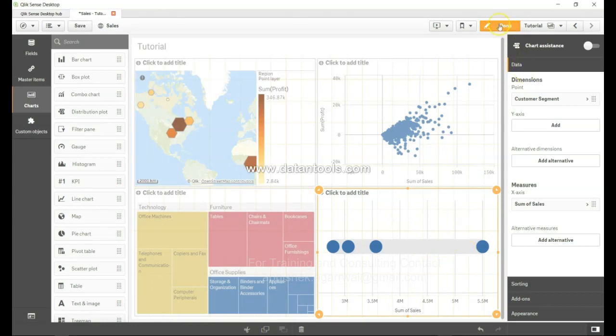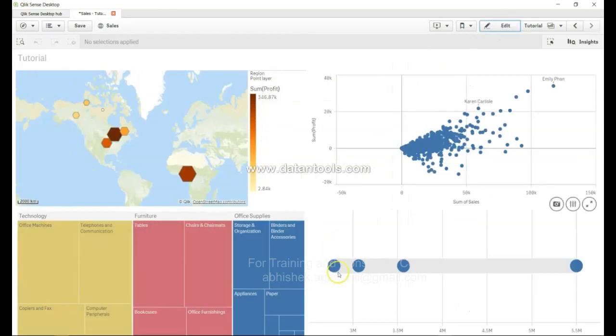So let me click on done, and here the first dot point is indicating the first category, small business, second category, consumer, third category, home office, and finally the fifth one is corporate. So this chart is very helpful in terms of understanding how overall the range of sales is. That means the starting point till the ending point, what the range is, and then the